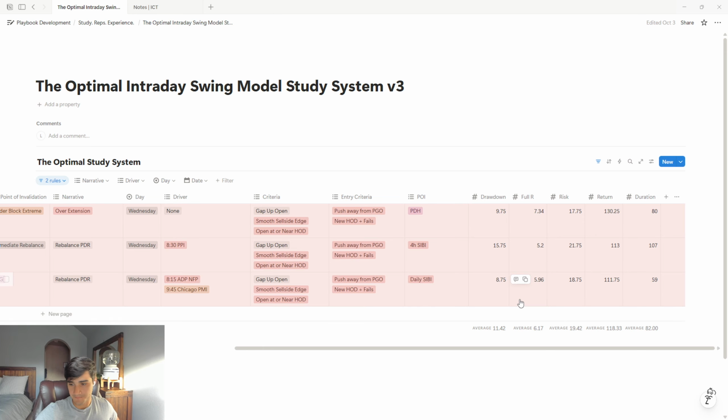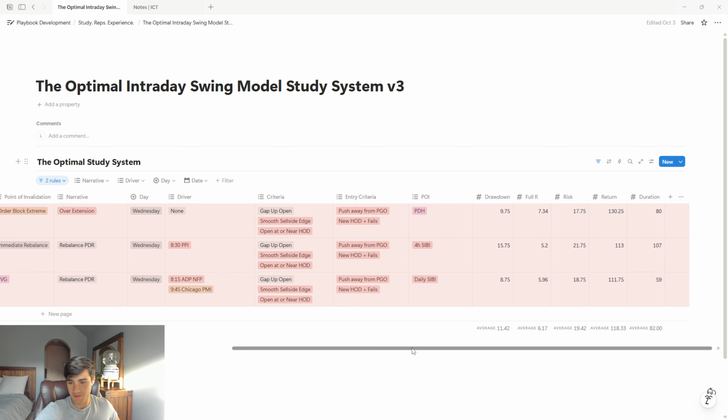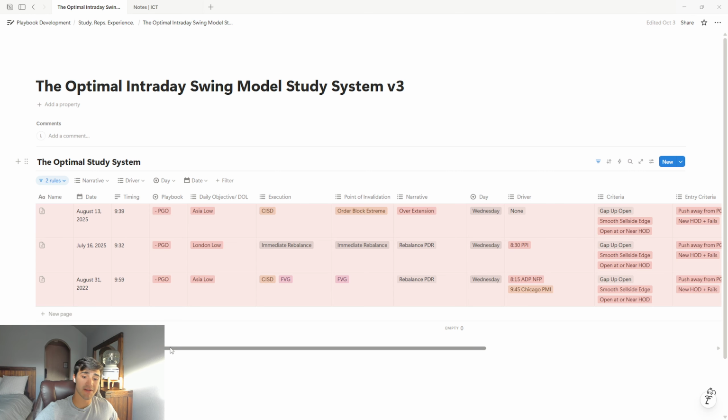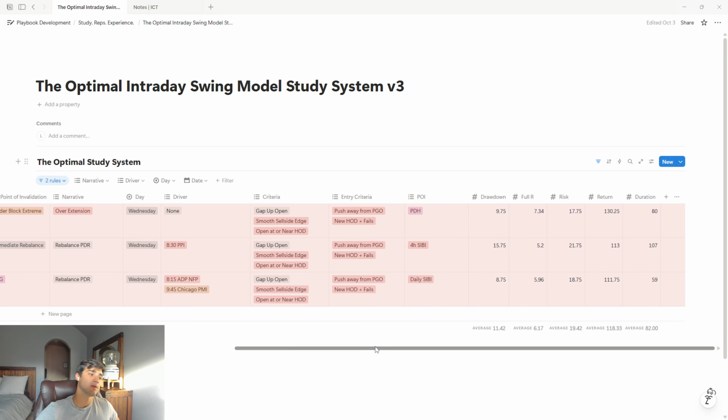Next is full R. Full R is simply the risk to reward ratio and the best possible outcome. Now I will warn you, framing the best possible outcome is not how you backtest at all. This has created so many problems for me. Framing the best possible outcome